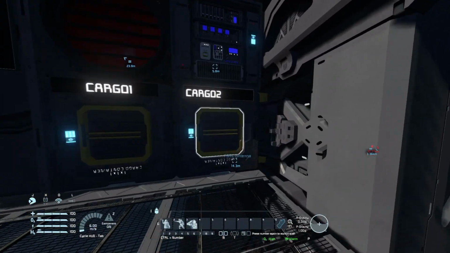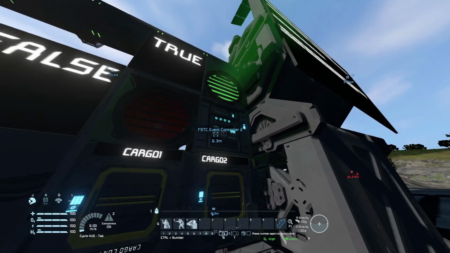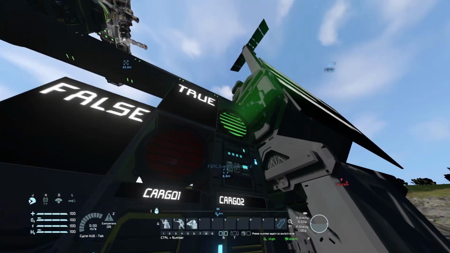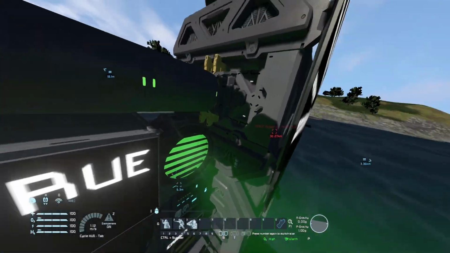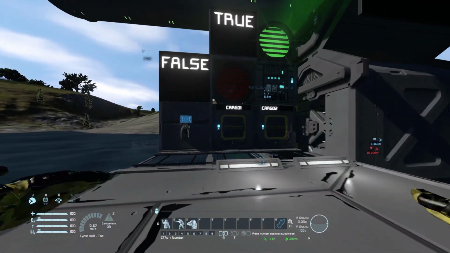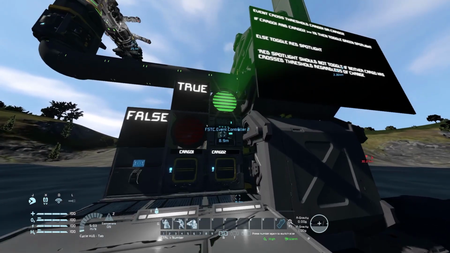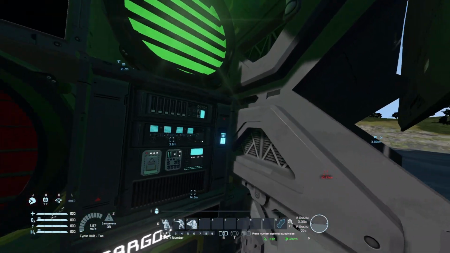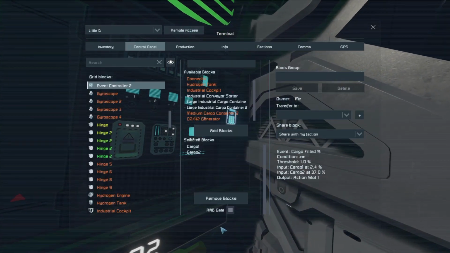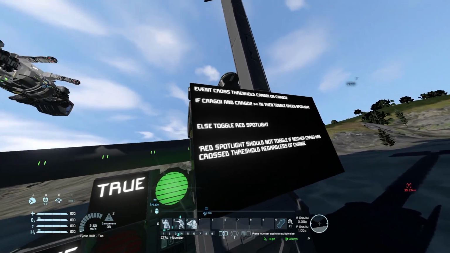So if we fill this thing with over 1% of cargo, the first spotlight should turn on, or rather the true spotlight should turn on, because both of these cargo containers now fulfill the condition of being over 1%. Therefore, the event should trigger as true because we have the end gate turned on. Okay, so